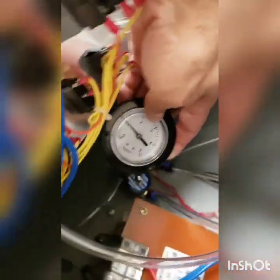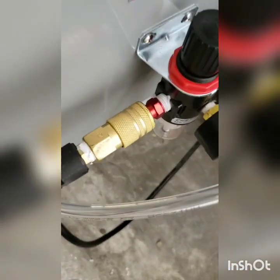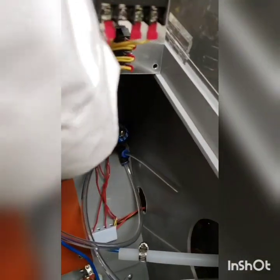So here I'm going to show you. Now you can see that there's pressure on the gauge, because even though it's unplugged, it's connected with the air supply here, compressed air, and there is some pressure here. I disconnected the gauge right here, as you can see, and this gauge was coming all the way from there, from here. This gauge is now disconnected, and I've connected it to this pipe directly,